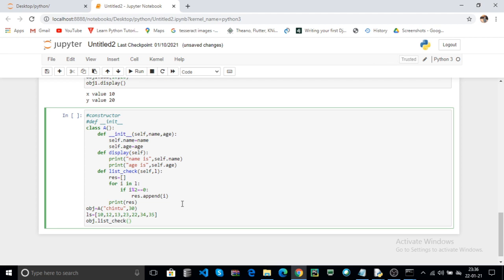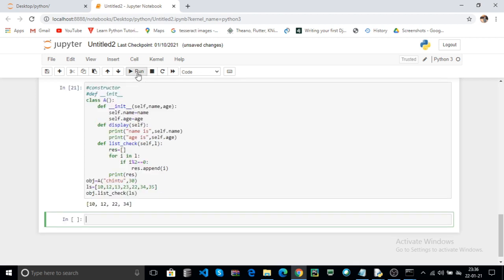Here you can pass the ls, that means your ls is moved into the l. Here it checks every item in your list and appends to the res if the item is an even number. Now click on run.